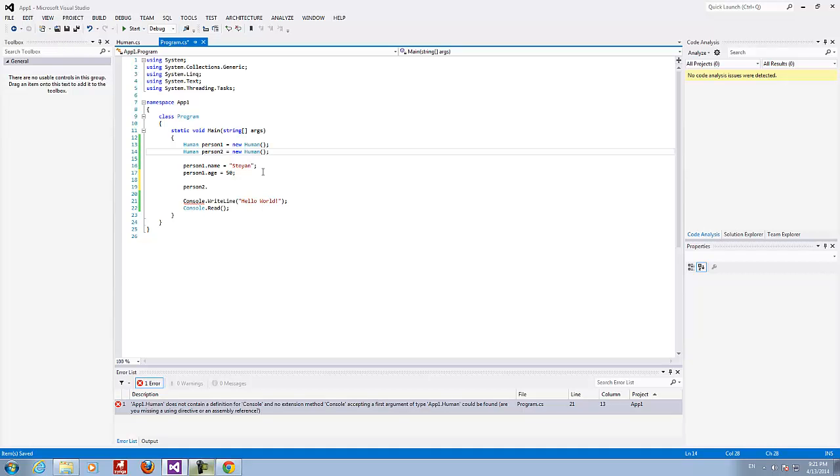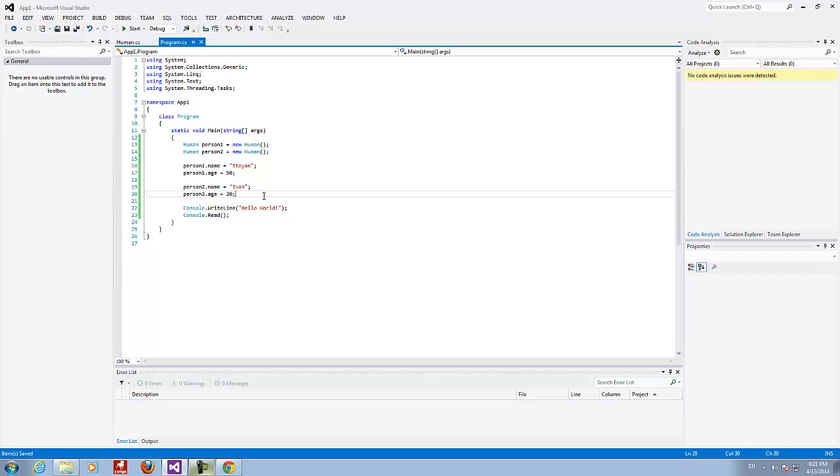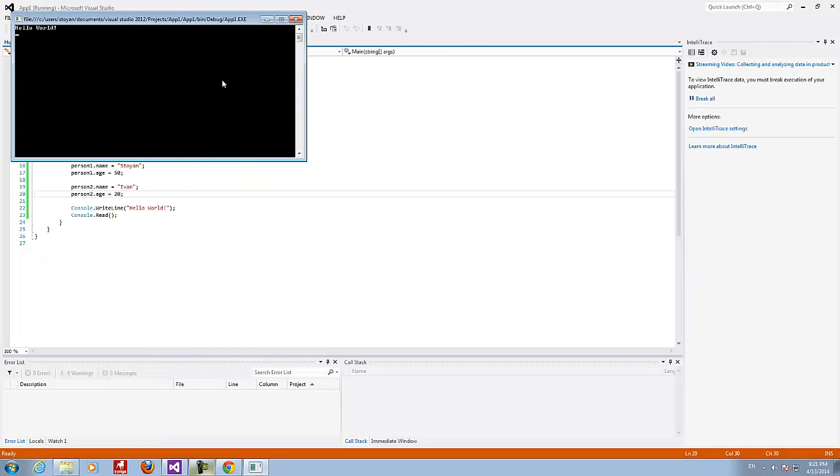So that's why we use the properties to assign the name and the age. Let's say the second one is Ivan, and person 2 has age of 20. Okay, so let's start the program and make sure everything works.